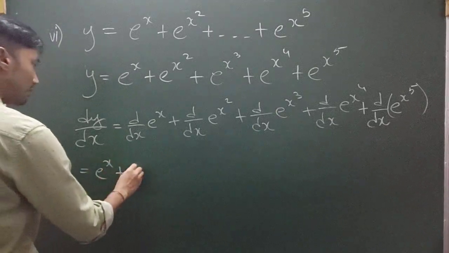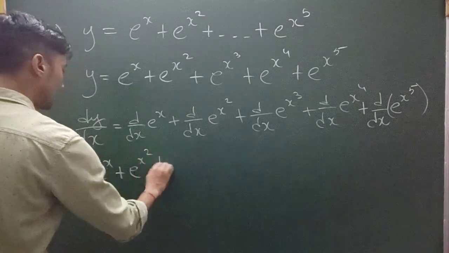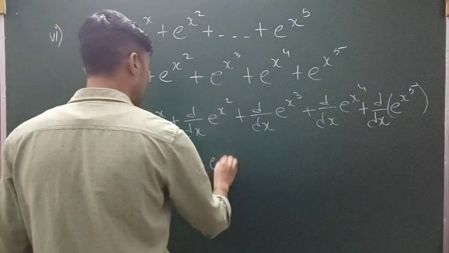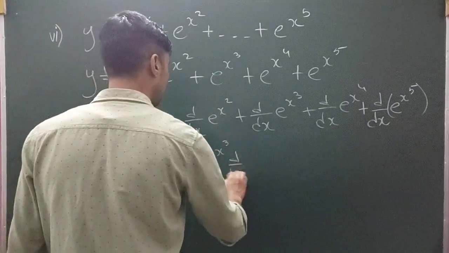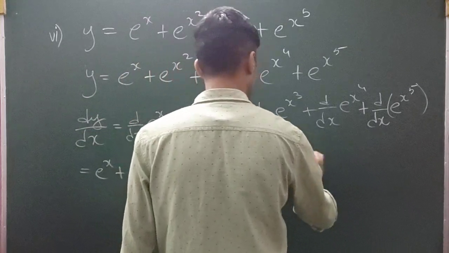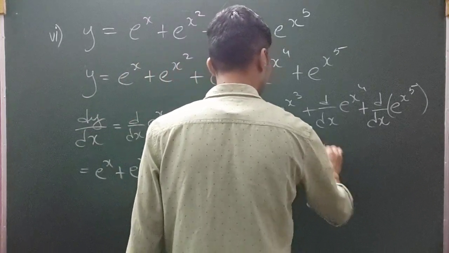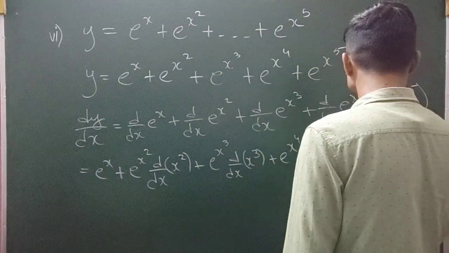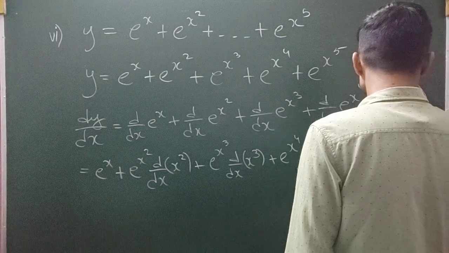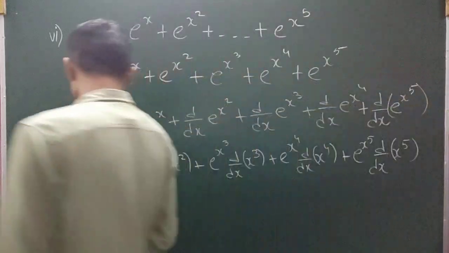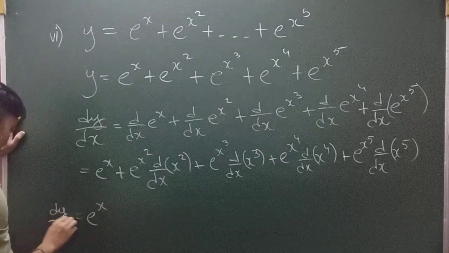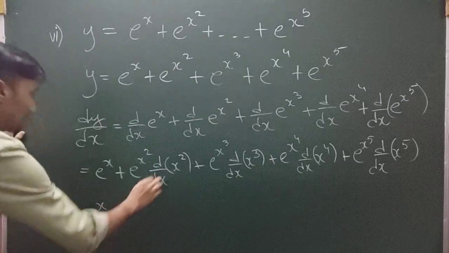So e power x plus derivative of e power x square is e power x square, differentiation of x square, plus same e power x cube, derivative of x cube, plus e power x power 4, derivative of x power 4, plus e power x power 5, derivative of x power 5. So e power x dy by dx, I'm just going to write here directly, plus derivative of x square is,